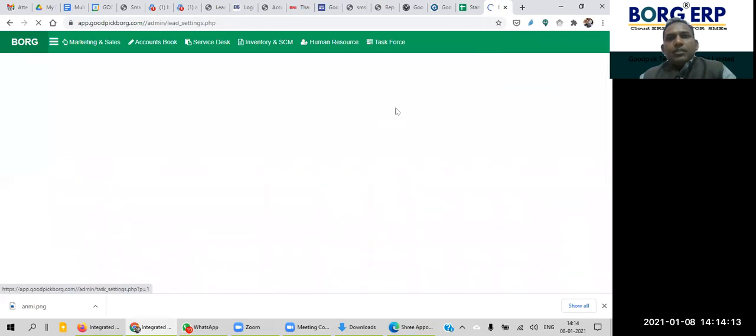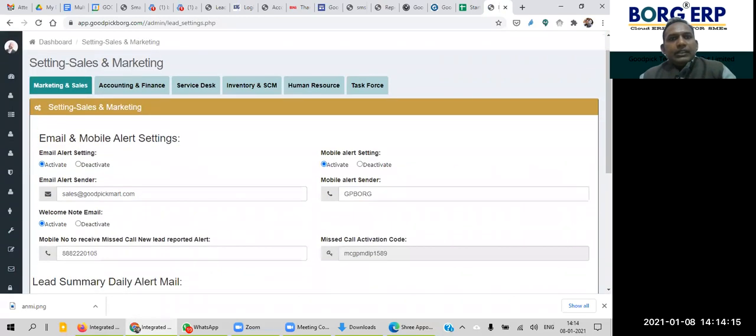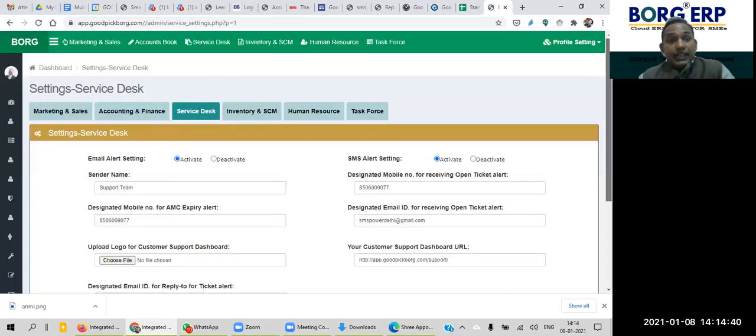Module setting means it enables some notifications, some alerts, or some other settings in case of service desk. For example, there are six modules, or six types of service, six types of settings are available. So if I'm just clicking on service desk,